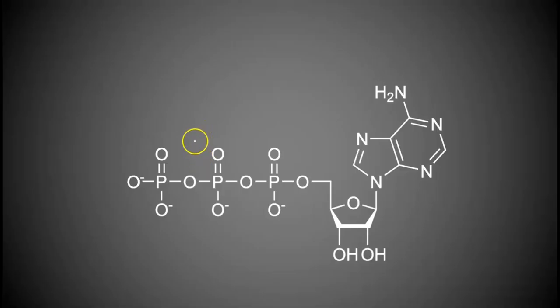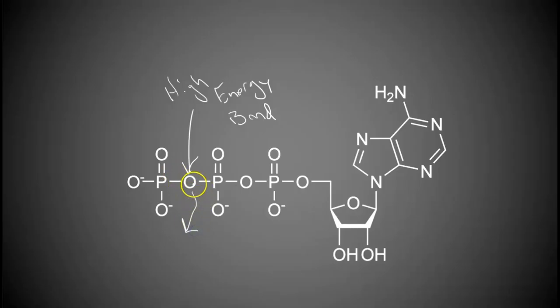Okay. So this is called a high energy bond, because it takes a lot of energy to get that 3rd phosphate onto ADP. But if it can be accomplished, then this bond stores a lot of energy, and as soon as this phosphate can get off, it wants to get off as quick as it possibly can. And when it does, it releases a lot of the energy that was originally put into making this bond occur. So this molecule becomes, we call it, the energy currency of the cell, and it's similar